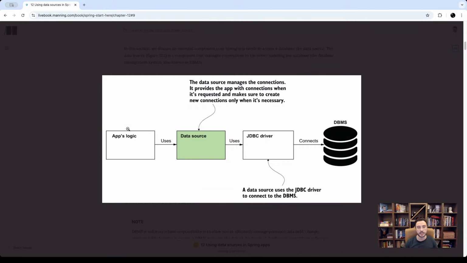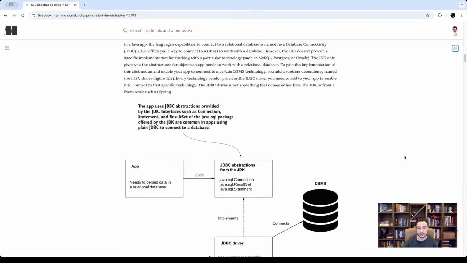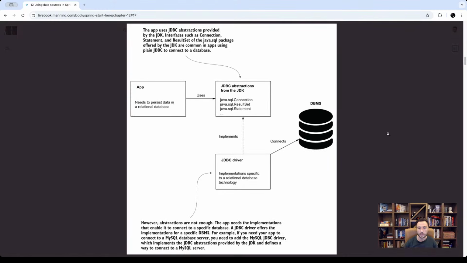Now I was saying that the app logic is connecting to a data source, which was connecting to a JDBC driver. No, so the JDBC driver is used by the data source to obtain the connections and everything, but then the data source is the one managing the connections. And then this was the second one, which I was actually discussing at the moment I saw your message, and that is